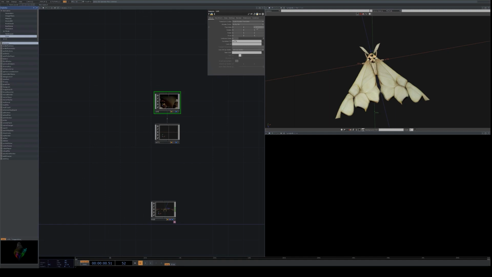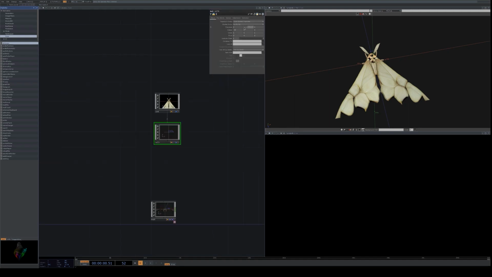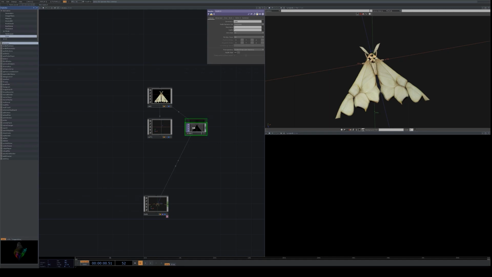First here I'm setting up the rendering environment. I've imported my FBX moth with the FBX component. Now I'm creating a camera and zooming it out a little bit. I always create a camera and connect it to a null. That null is at 0, 0, 0. The moth is at 0, 0, 0. And then I parent the camera to that null so that when you rotate the null itself, you have the camera centered around that center point. That way you never have to think about where the camera's looking or